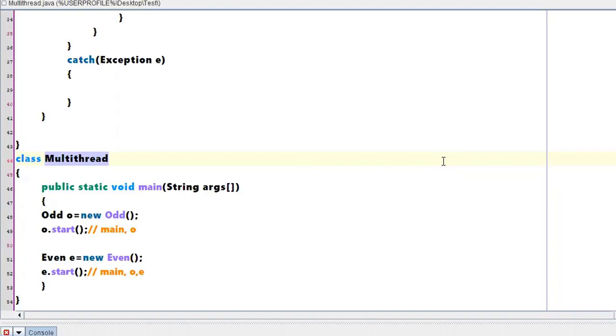Every time you come across the term thread, you have to fix one point: these threads will work independently and the output will not be sequential. It will be random, based on the provision given by the thread scheduler.